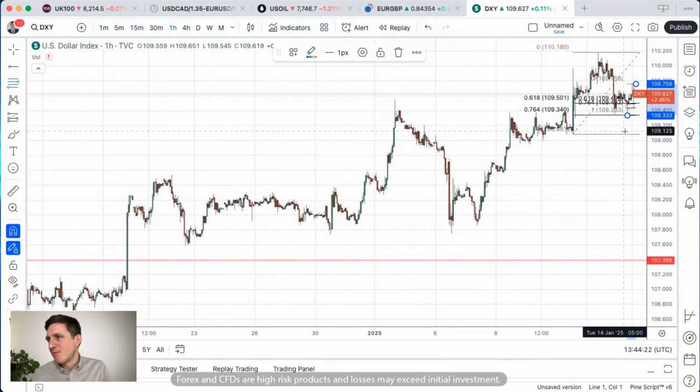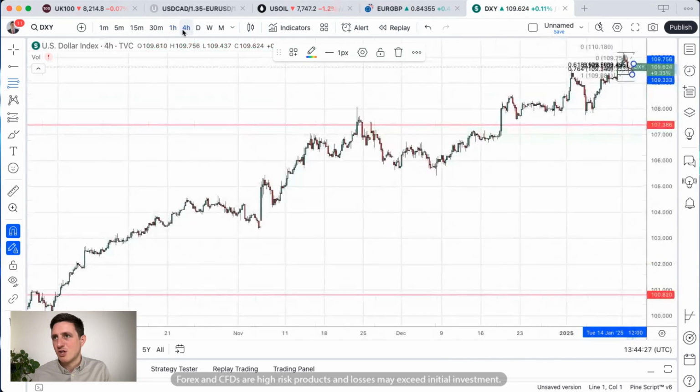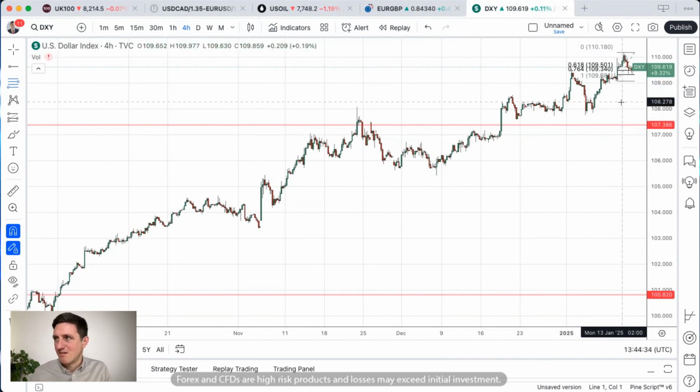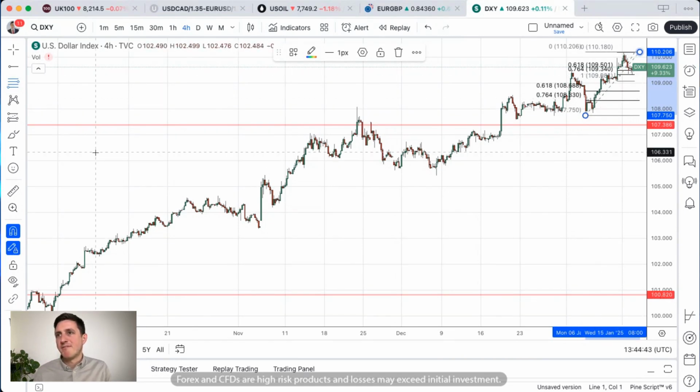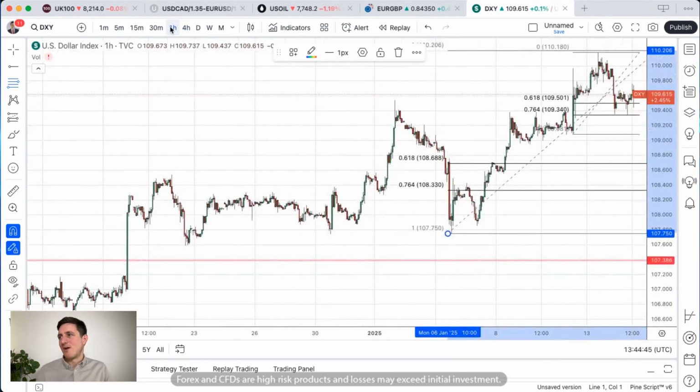But if we do see a breakdown through this 109 level, essentially, then you're looking at that wider 4-hour chart to come into play. Let me just get rid of that. No, and that. Let's go with that. So then you're going to be looking out for a wider move to come into play, 1086, 1088 for those deeper retracements. But for the time being, I would say that move within the 1-hour time frame is going to be key. And certainly if we see, as markets are expecting, a potential 0.4 figure on that inflation gauge,